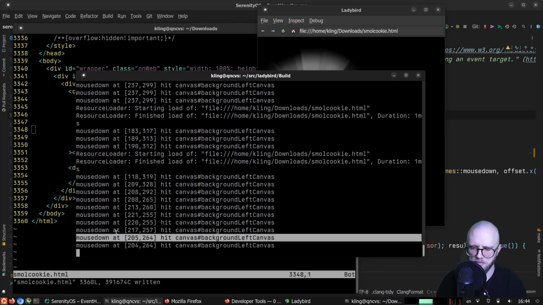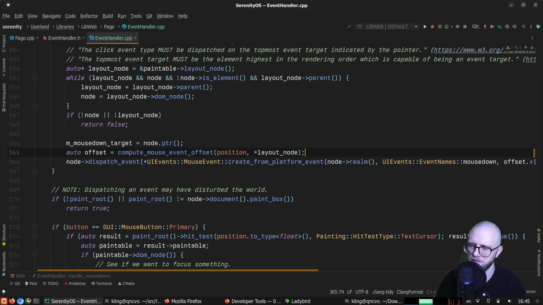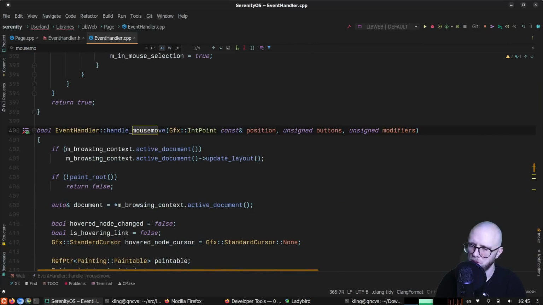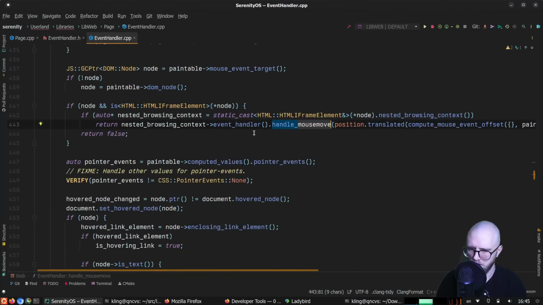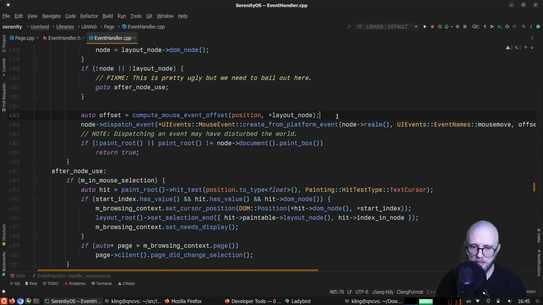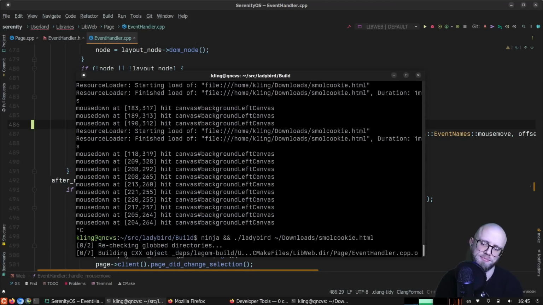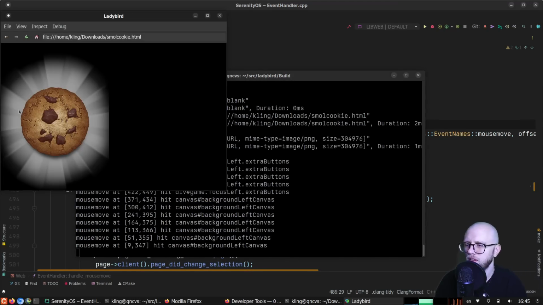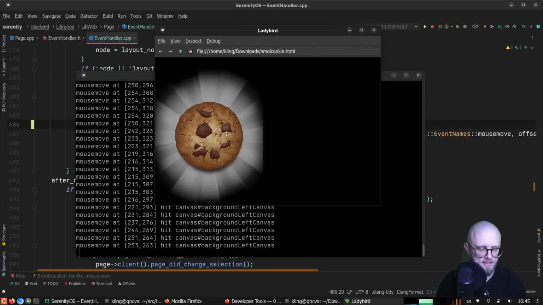Also, this would have been maybe even nicer to have on mouse down actually, because then I don't need to click to get the output. Or mouse move rather, mouse move event. So where is mouse move? Here we dispatch mouse move. So let's just print when we do that. All right, this is really neat. Okay,